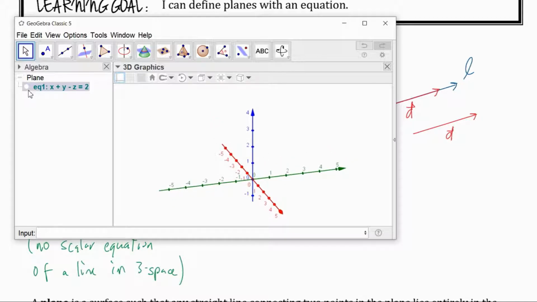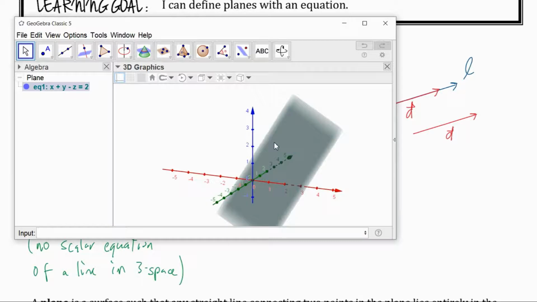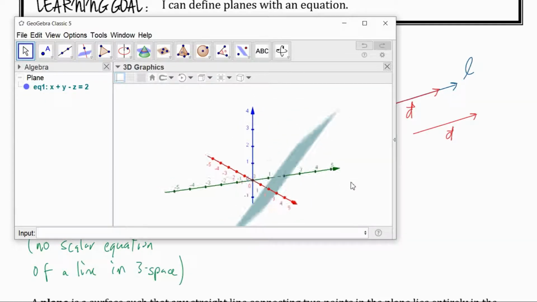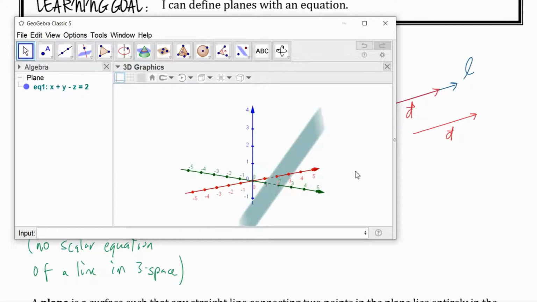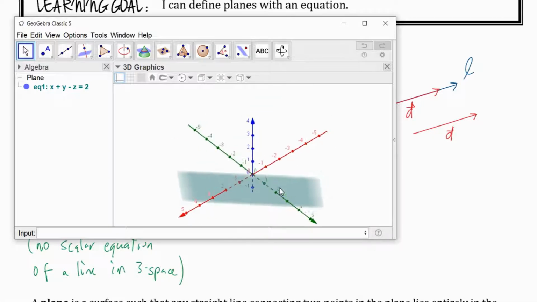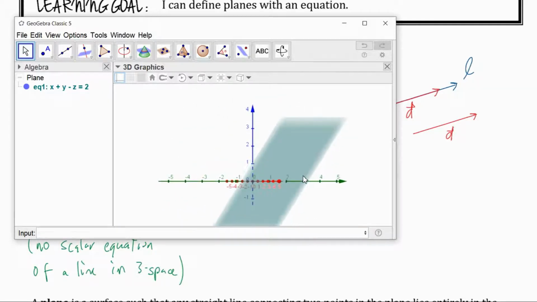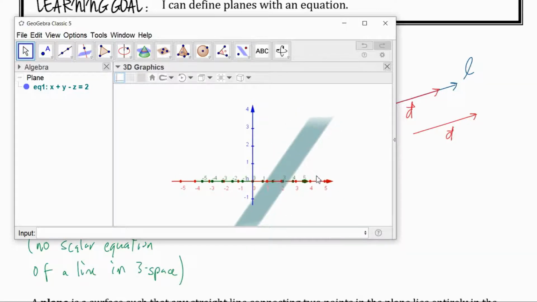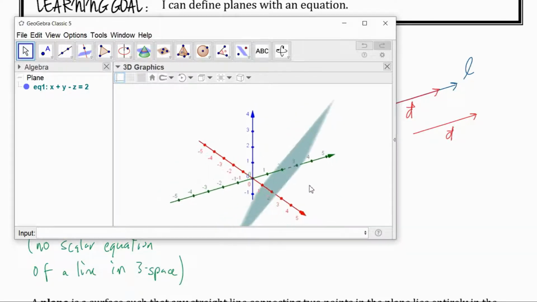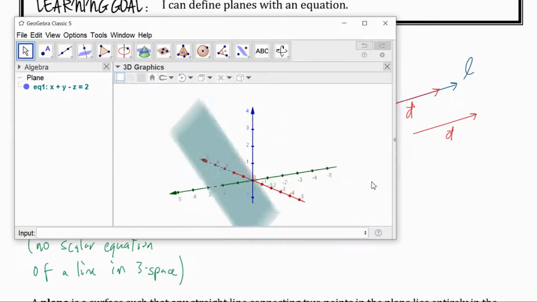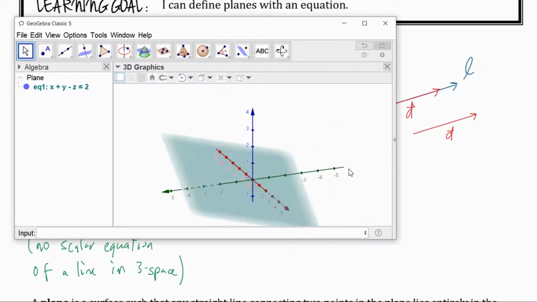And what is a plane? Well, that's a plane. So in 2 space, the entire grid is the plane. We are graphing on that 2-dimensional plane. But once we get into 3 space, we can have multiple planes. So infinite planes, just like we can have infinite lines that have different slopes at different angles. The same is true of planes in 3 space, and we can see this one, and we could imagine other planes in this